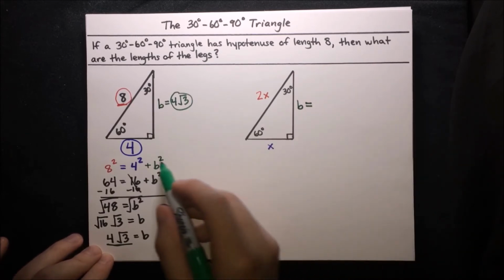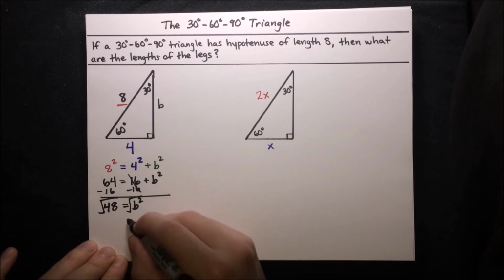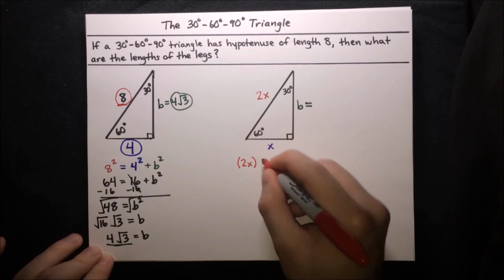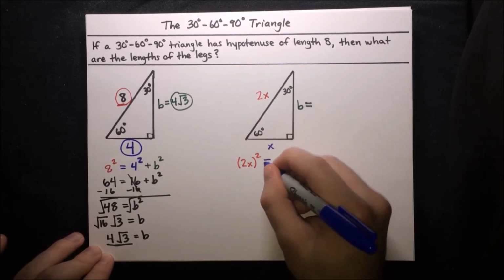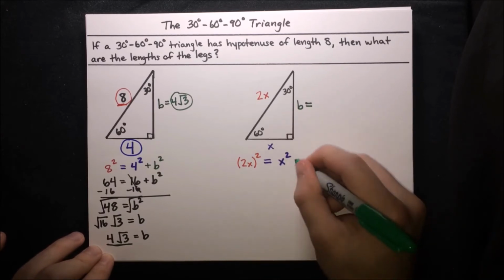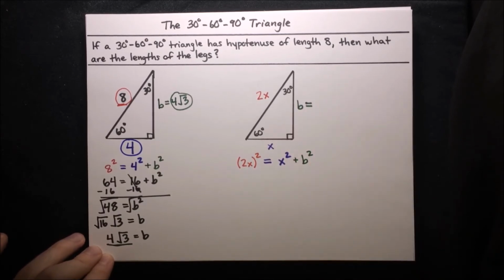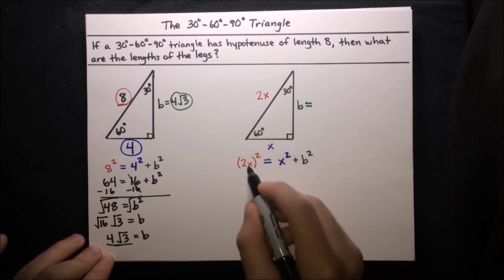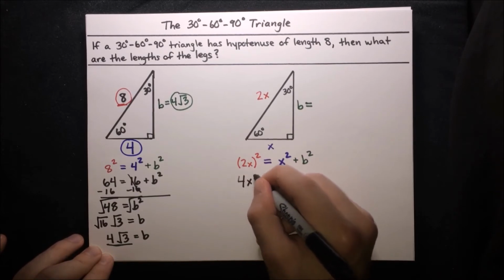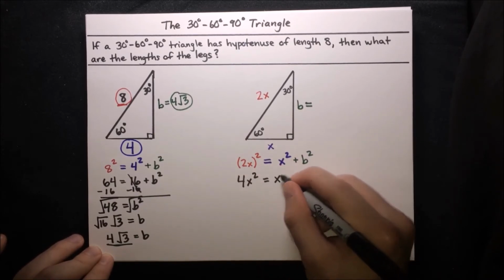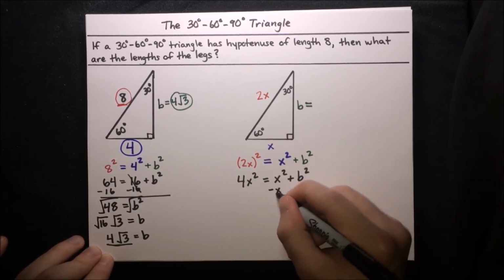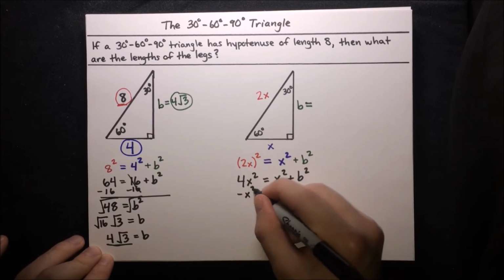Well, we'll just use the same process that we did in this example. So on the right-hand side, the Pythagorean Theorem. So take the hypotenuse, 2x, square it, and that's equal to the sum of squares of the legs. So equals x squared plus b squared. Now we can just go ahead and solve for b. So 2x squared. 2 squared is 4, and then we have x squared, and that's equal to x squared plus